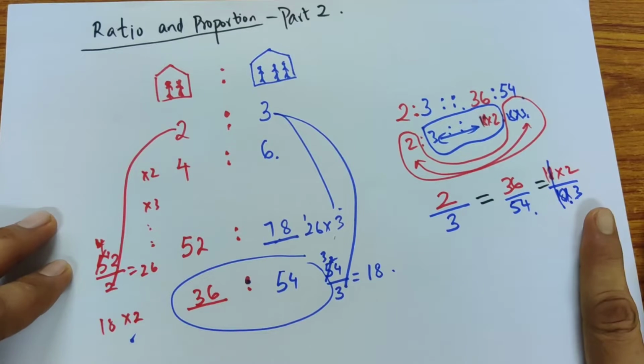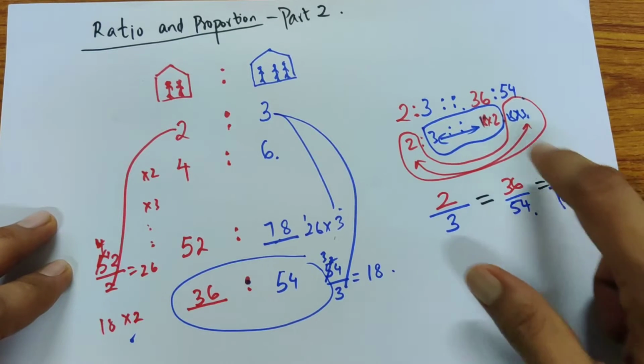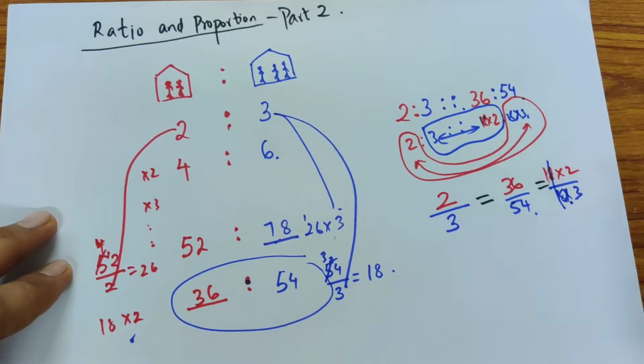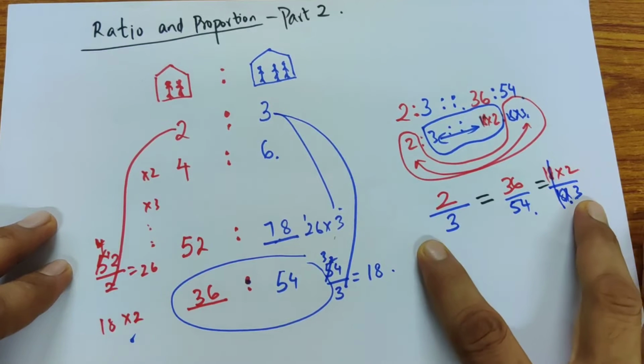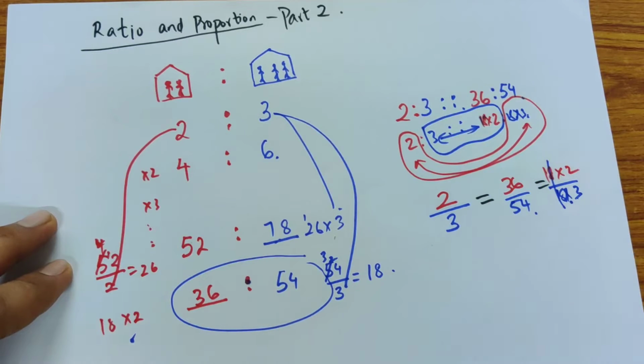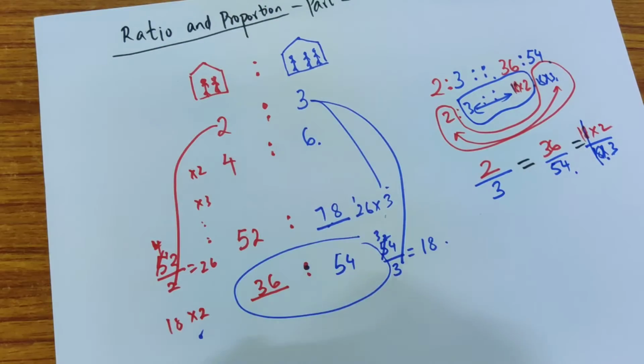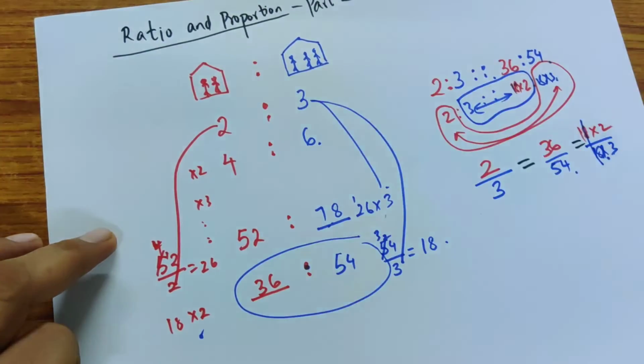And if you look at it in terms of ratios, you know that the common number of days, for example, cancels out, and you will get that 2 by 3 is equal to 36 by 54. What is more important is that if we did not know 2 by 3, so let's say we did not know this,